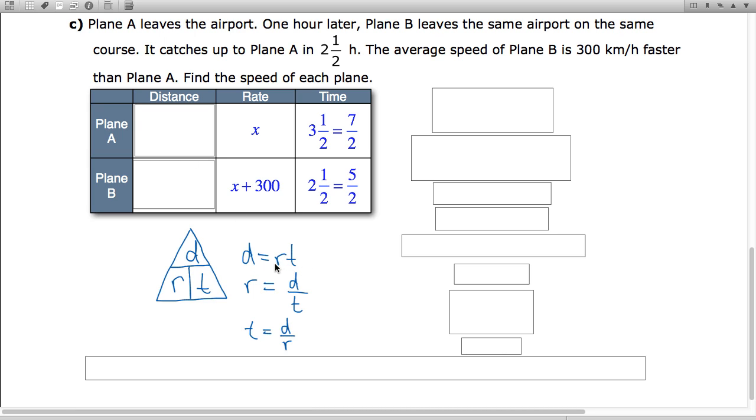Now, we don't know how far they go, but we do know that distance is equal to rate times time. It's equal to speed times time. So if we do speed times time, x times 7/2, that's going to be written as 7x/2. And to get the distance that plane B goes, we can do speed times time as well. So 5/2 times the